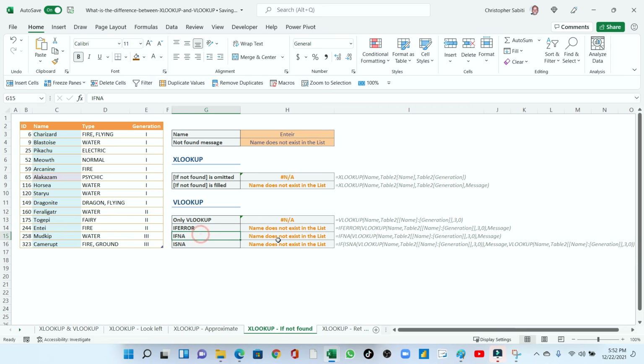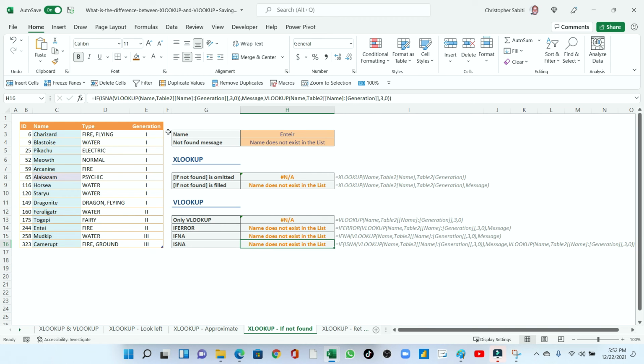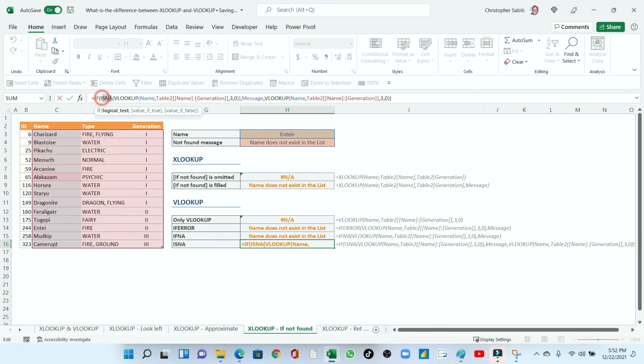Or you can go and nest it with another formula we have, the IFNA. So all those are nesting. Then you can also nest it, and this is more complicated, with ISNA, then you do the VLOOKUP, then you do another VLOOKUP. So this is something very long you can do.